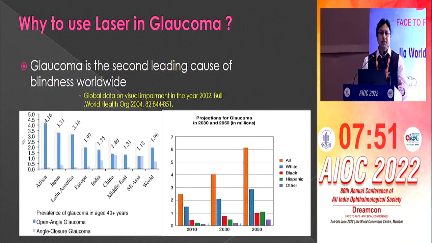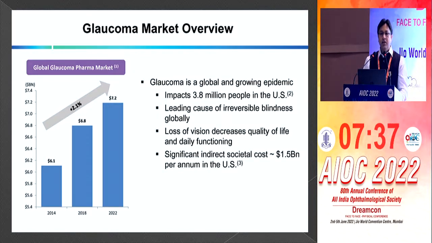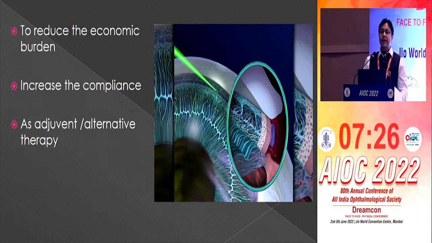We all discuss whatever the modalities are there and why surgical, why medical, and why lasers. These are the three things which are important in the management of glaucoma. And since you have seen a huge market, ma'am just told us how these markets affect the economy of the patient and everything. For that, we can have something in our treatment box, that is the lasers.